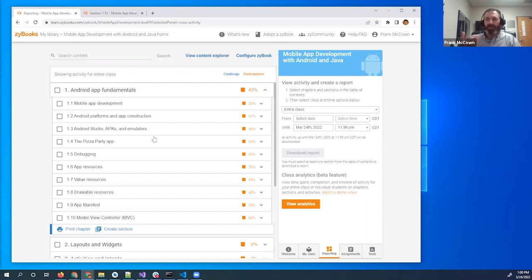But pretty much every single class period, I have 2, 3, 4 sections that I want them to read before they come to class. So I create these assignments, put them into Canvas. I can link them directly to the zyBook, so the upload process happens automatically for me. Those are the things I think I had on my mind that I wanted to show.